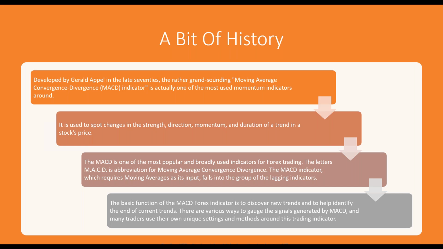The letters MACD stand for Moving Average, Convergence, and Divergence. The MACD indicator, which requires moving averages as input, falls into a group called lagging indicators. Well, what we found is the market's changed, and we got online trading, and we got Java charts and HTML charts, and we got all this fast moving stuff moving in 4 digits to the right, and we got this huge growth in retail investing. We found that MACD works great in those markets, and it adjusts quickly and works in very small time frames.